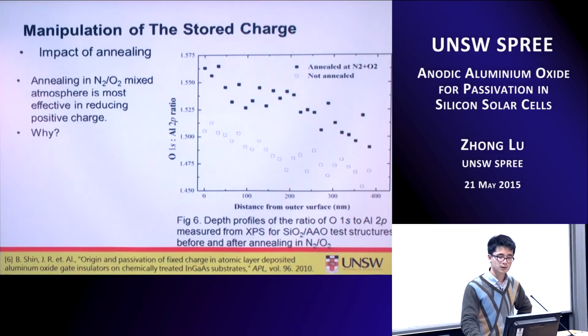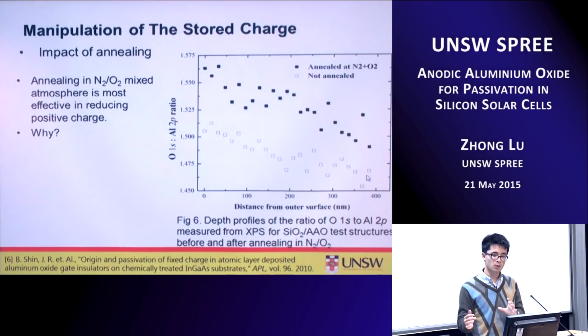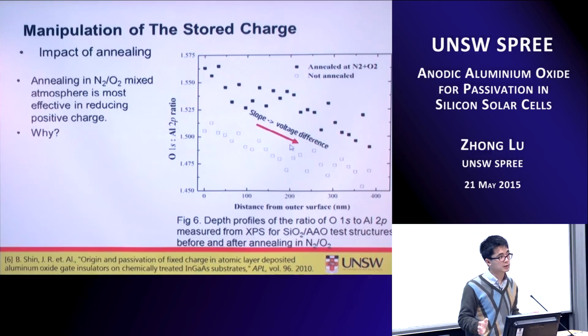In the other case, if the ratio is above 1.5, you have aluminium deficiency. As you can see, before annealing, most of the AO in the volume has oxygen deficiency. And you can also notice this slope,